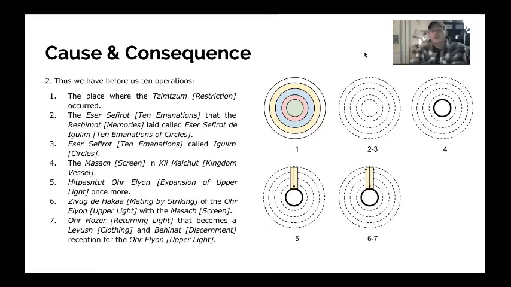On diagram 2-3, I think when you originally went over that, you mentioned that those dotted concentric circles are memories or remembrances. Yeah, so when the light leaves, it leaves memories of the phases within it. So it's not like, normally, where light leaves and then you don't remember everything. Every time it leaves a phase, it leaves a memory of the light that was there. And those are called the 10 emanations of circles.